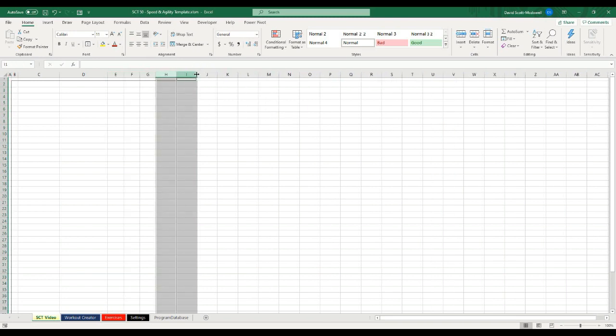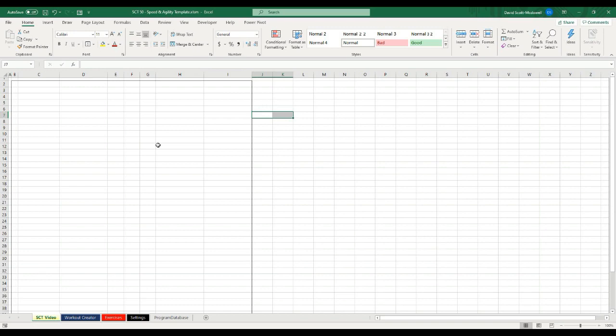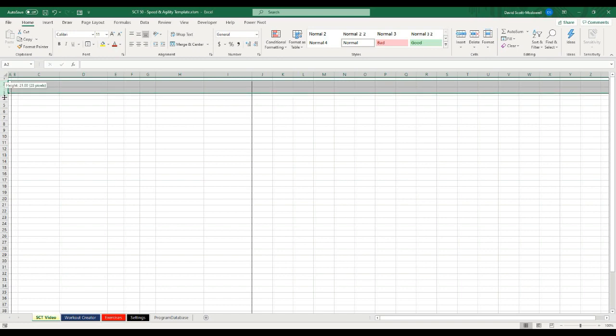And then H and I are both going to be 150. So that's how wide our sheet is going to be, and those are the dimensions of it. And then I know that the first 2 rows are going to both be 40 pixels